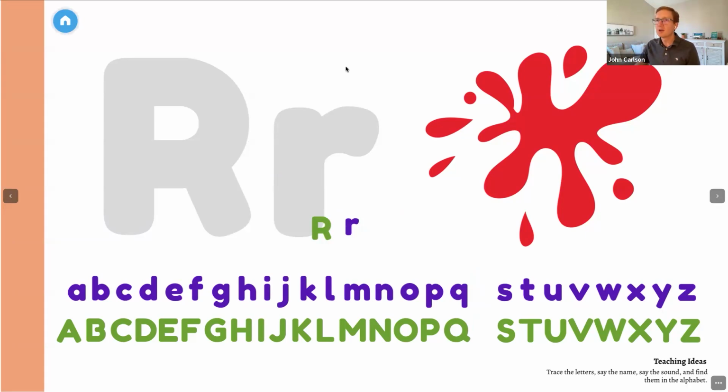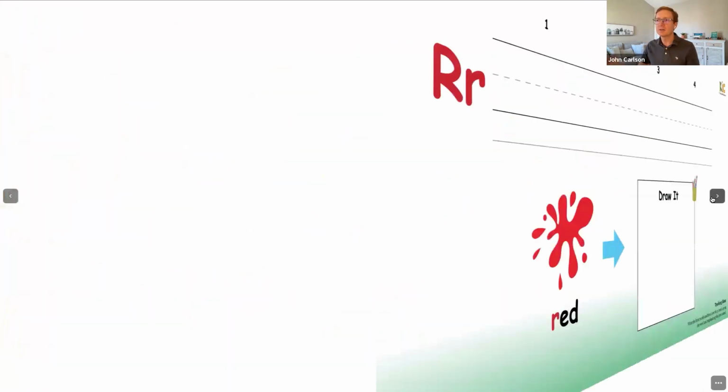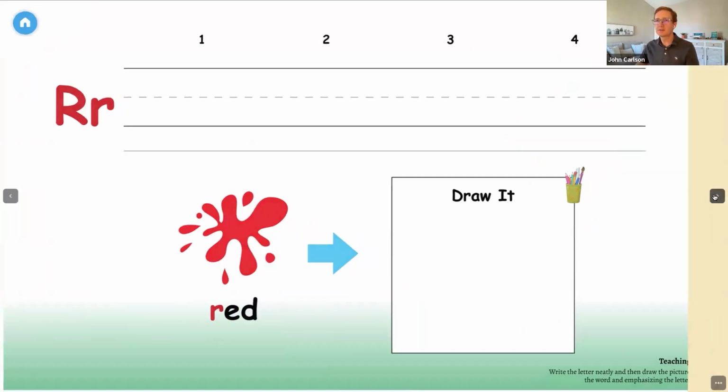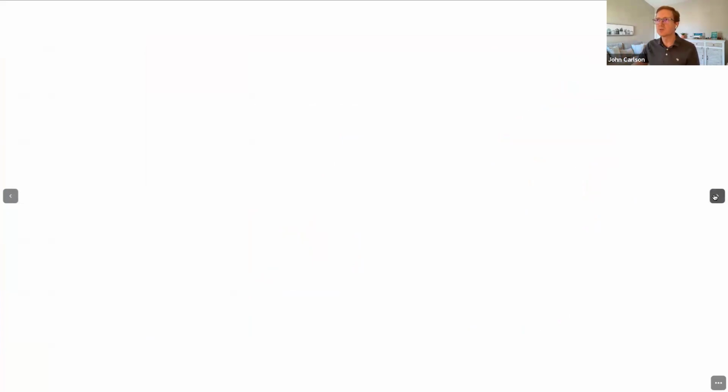So QualiGo has the writing tools. This is from Genially. It also has writing tools, but they can trace the letter sounds, and you can ask them to identify other sounds as well. So you find that a lot with the curriculum. You're learning something, and then you're mixing it in with other things that they've learned previously and requiring them to use it. So here they're working on writing, drawing. All of this is creating different associations with it.